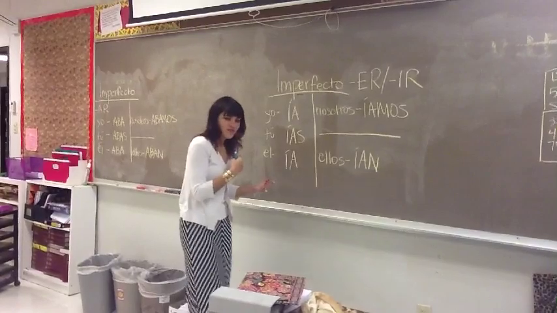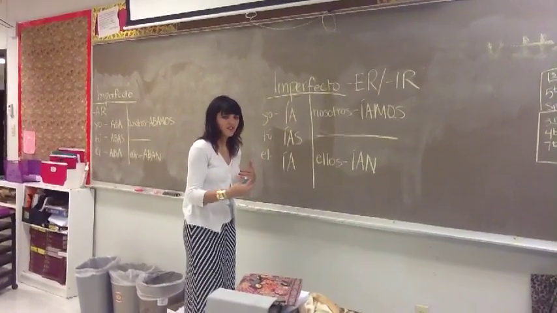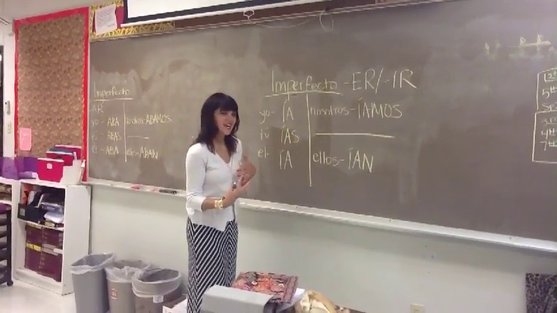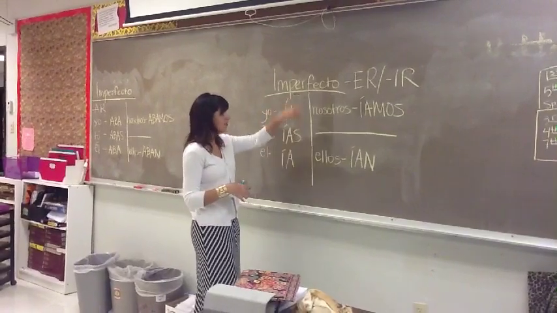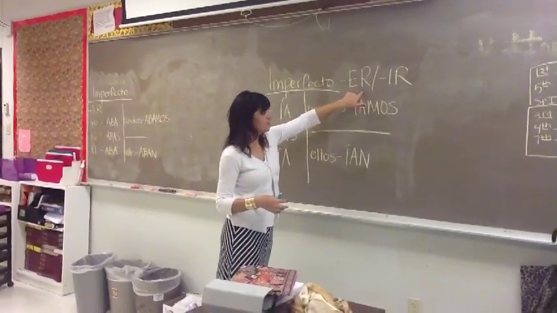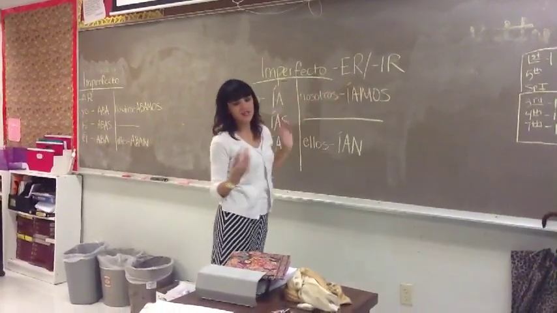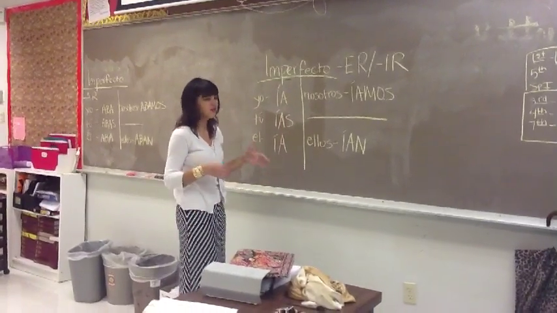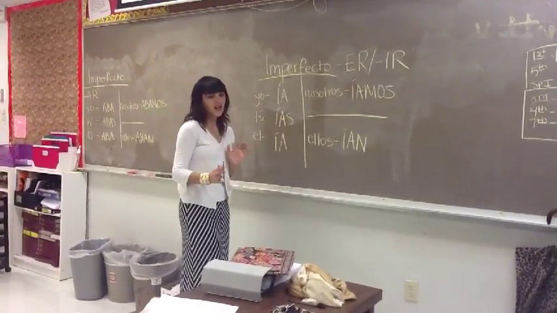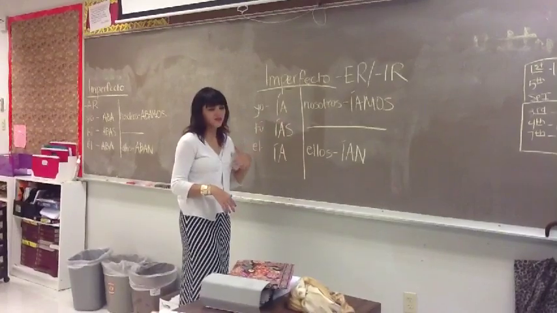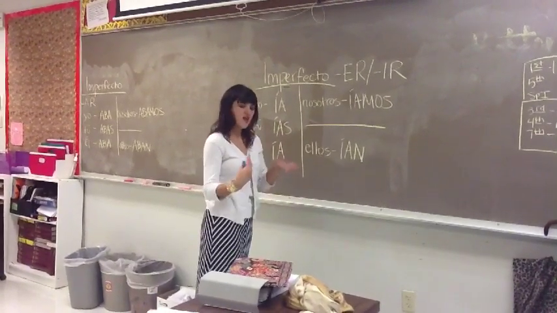Last video we talked about the imperfecto, or the imperfect, and what you do with the verb that ends in AR. So for this video we're going to talk about the imperfecto in los verbos que terminan en ER and IR. And just like in the preterite, any verb that ends in ER or IR is going to have the same ending. So you don't have to worry about a separate set of endings for ER and a separate set of endings